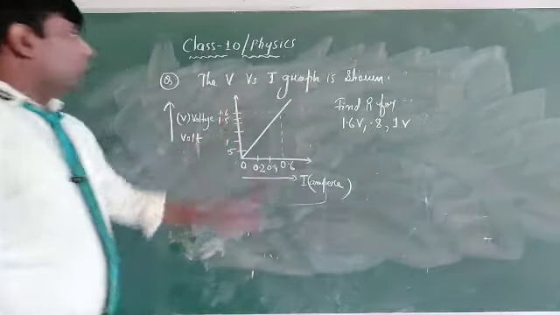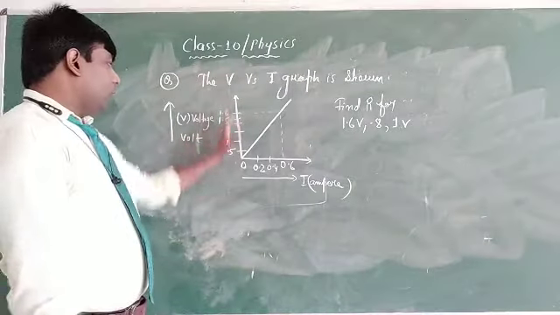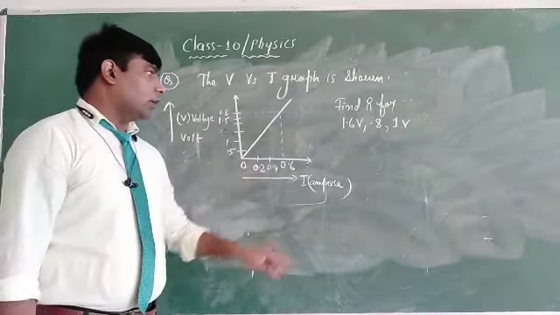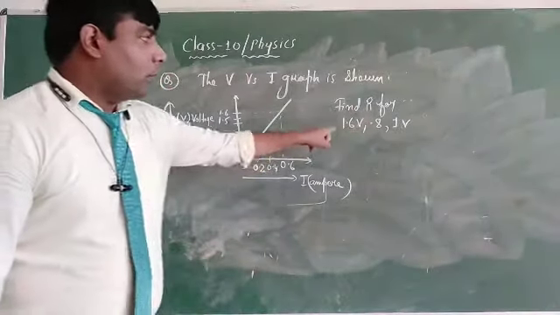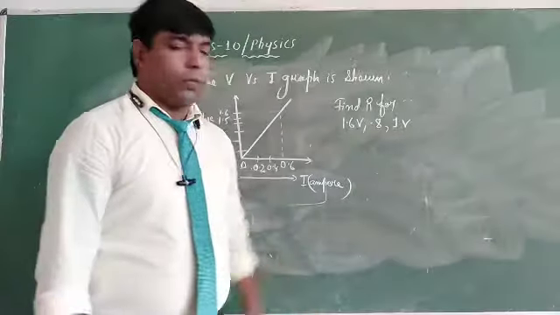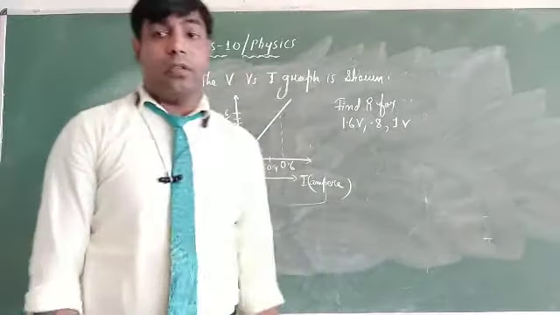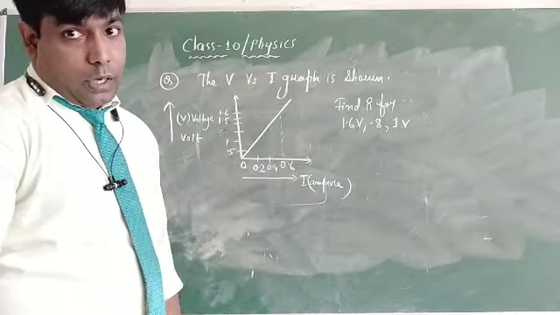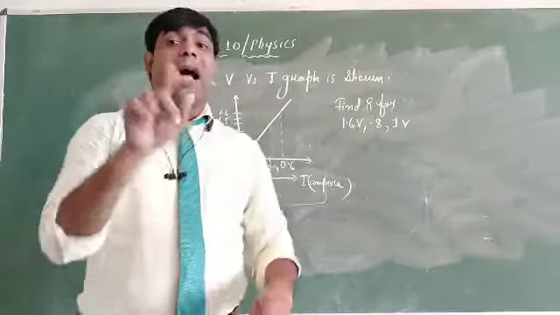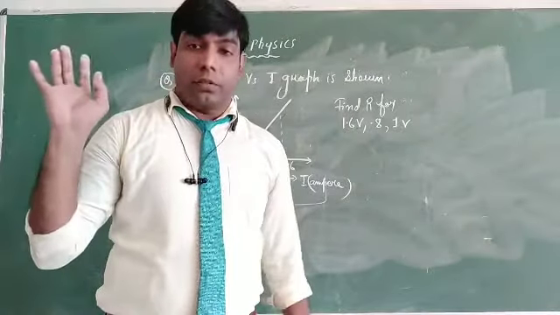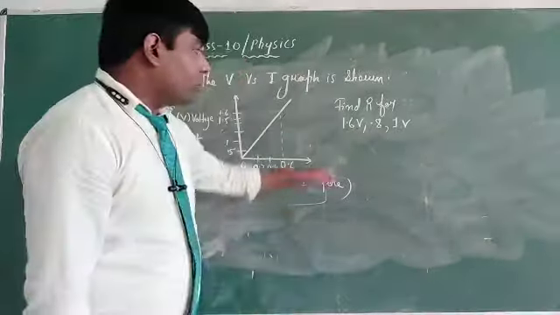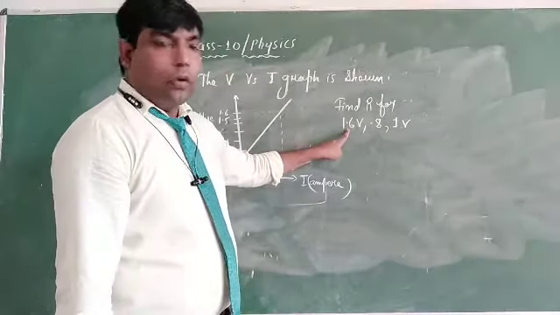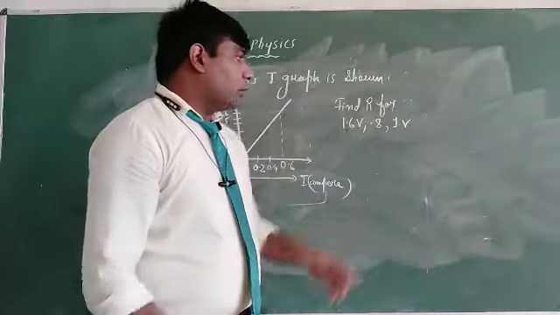See, the graph between V and I is shown. This side is the voltage 0.5, 1.5, 1.6, and these are the current. They are asking to find R for 1.6 volt, 0.8 volt, and 1 volt. See, by looking at the graph, you can say that it is following Ohm's law. And when the graph between V and I follows Ohm's law, then R is constant. For each and every voltage, R will be the same. That is, the resistance for 1.6 will be the resistance for 0.8 and it will be the resistance for 1 volt.